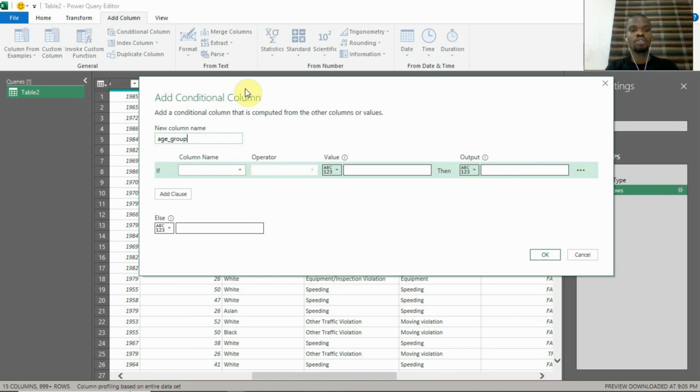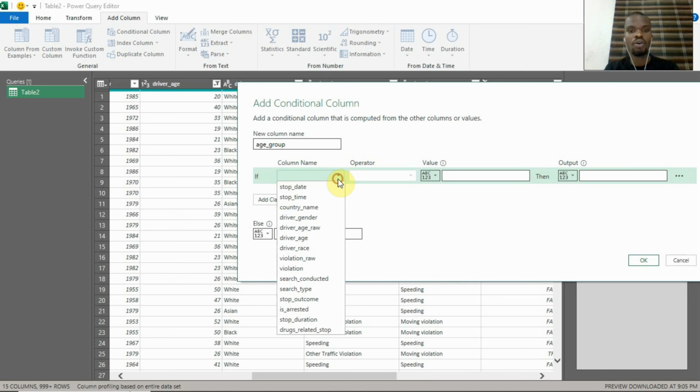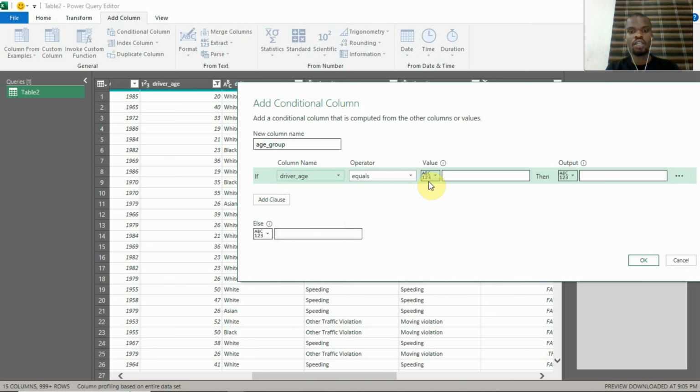We're going to give the conditions that we want for our age. Now when you're setting this, especially with numerical columns, you want to do it within a range. So maybe you want to say above 75 should be this, which is what we want to do. Then between 50 and 75 should be this. You would have to do it chronologically, but in a descending manner, with the highest value starting and then you go down the order. So we want to say if driver's age is greater than or equal to 75, then